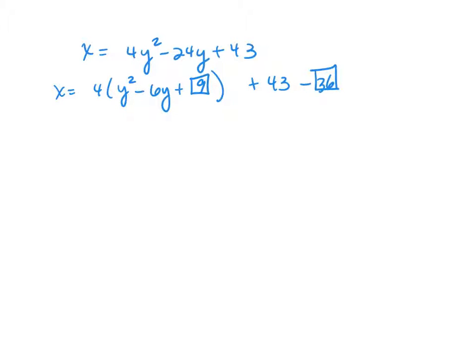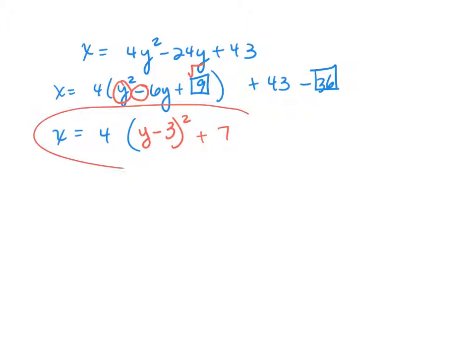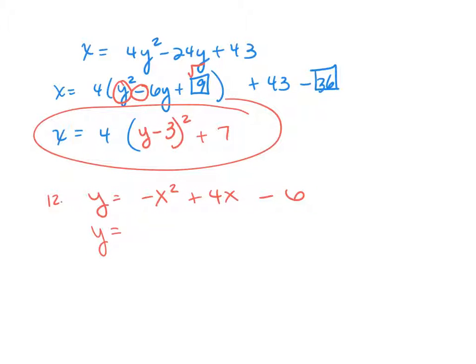So now we factor. And it's this guy here, this sign, and the square root of that. So that becomes y minus 3 squared. And that is plus 7 maybe? Yeah. And we're done. All right, so now we have y equals, first thing we do is take out the -1,